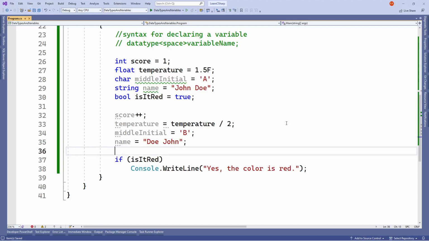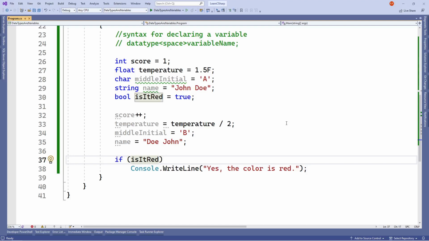All right, and then lastly, we have here an example of the way we have utilized the boolean variable is it red. With a boolean, you can use it in conditions, or if you're dealing with some specific type of logic that involves branching out to a specific section of your code, then you can use a boolean type. In this case, we have used the if statement. So if